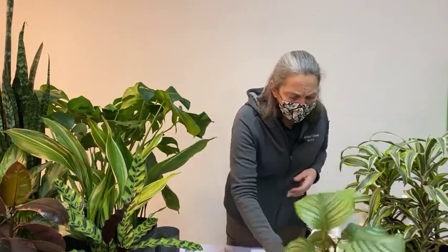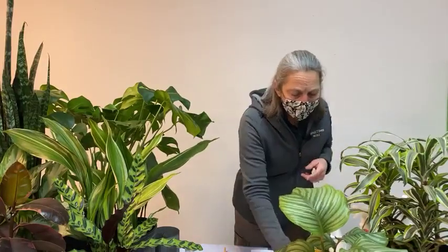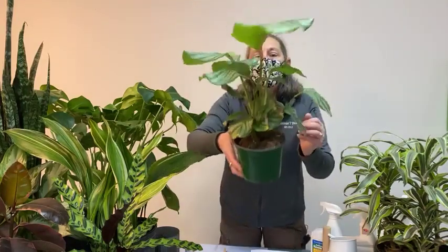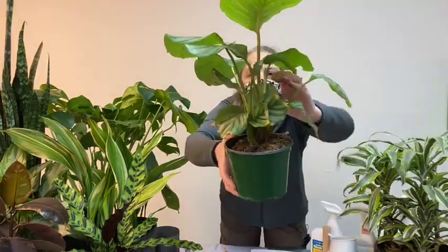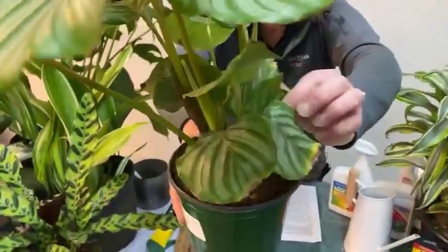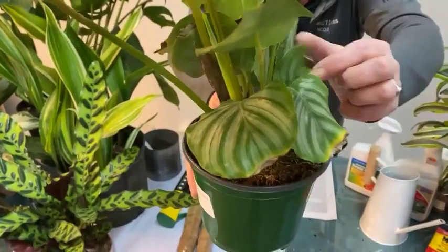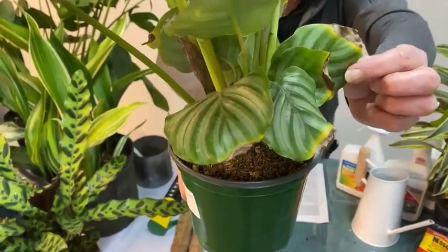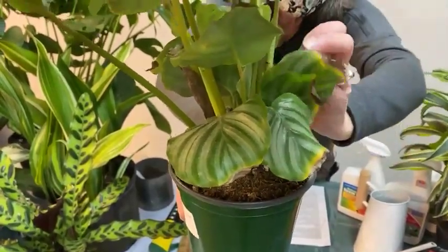So, before I put this calathea down though, come take a close-up look at the under foliage. Get closer, Becky. I know it looks so, I mean, I wouldn't cry if this were my plant. I've got some damaged leaves. Yes, we're learning how to care for each other. But if we look